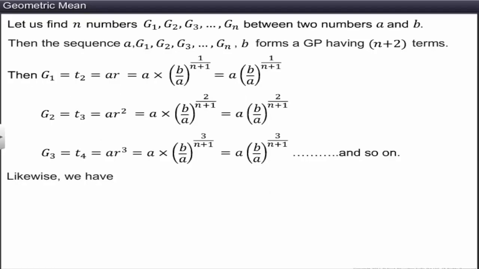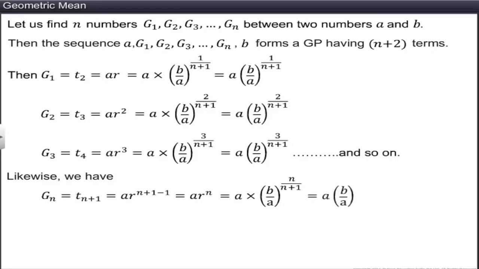As we have already seen, the arithmetic mean between two numbers is their average. That is, the arithmetic mean between the two numbers is a number which, when placed between them,